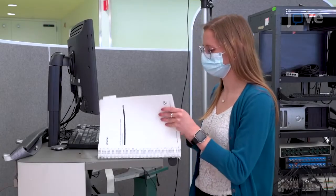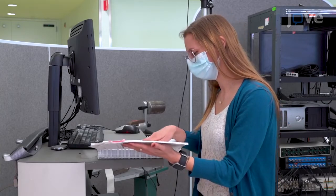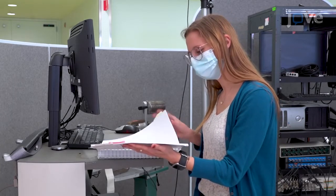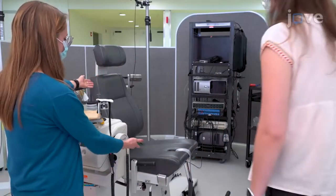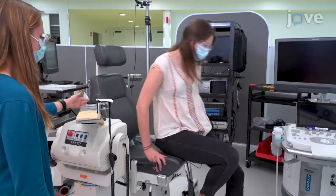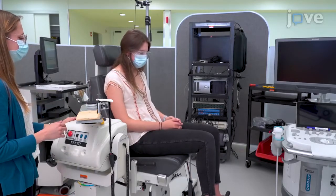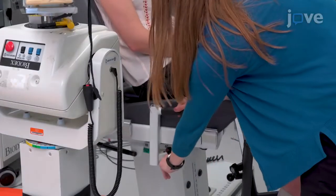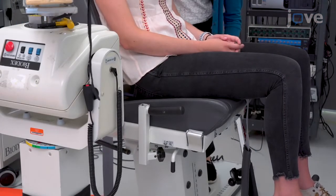Begin by taking time to become familiar with the system's method for obtaining EFOV-US and with the anatomy of the muscles of interest. After explaining the study protocol, seat the participant in an adjustable chair that can be locked in place and adjust the chair so that the participant is as comfortable as possible while still providing access to the